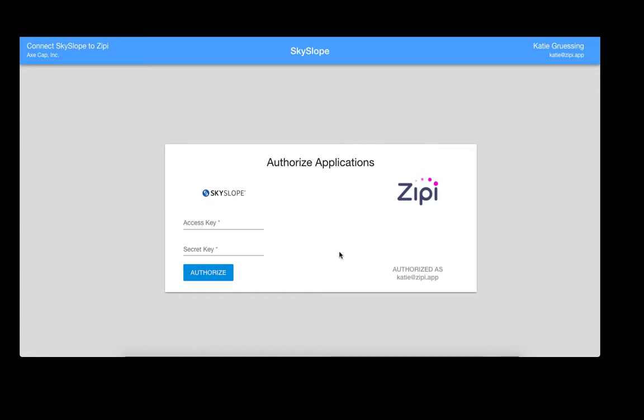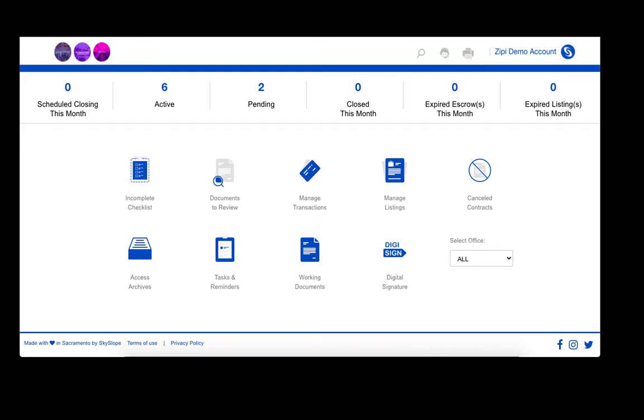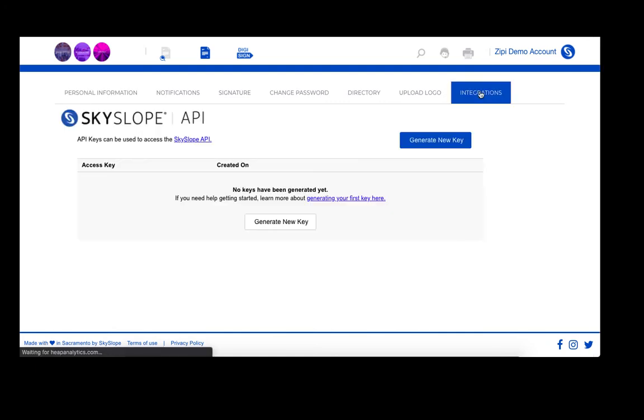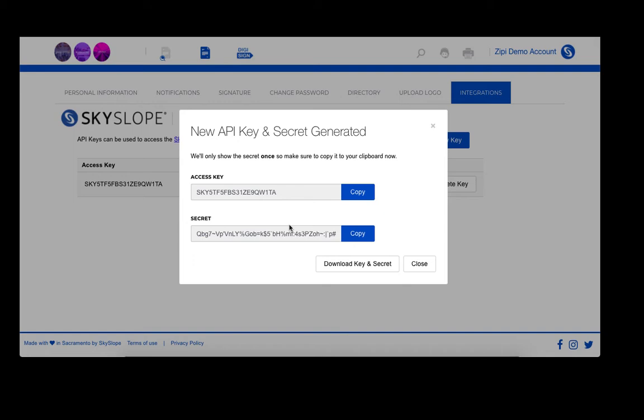You can find both of those keys by navigating into SkySlope, logging in, and selecting your name in the top right-hand corner. Underneath your name, you are then going to go to My Account. Within My Account, you'll see an Integrations tab on the right-hand side. Within that Integrations tab, what you're then going to do is generate a brand new key for yourself. Pressing Generate Key is going to give you some unique access keys for you to type directly into those two